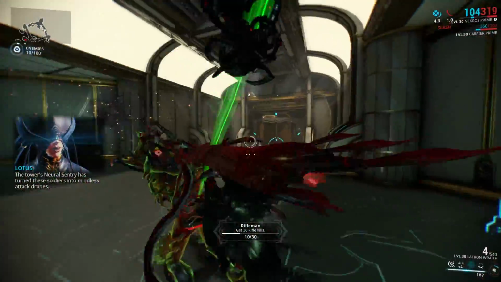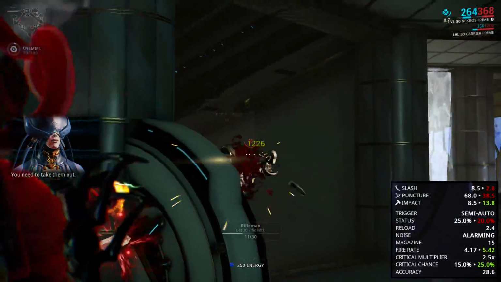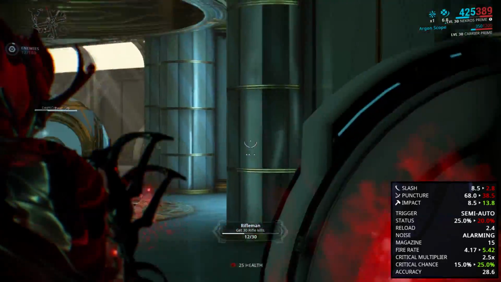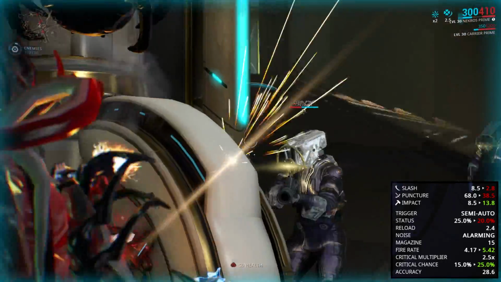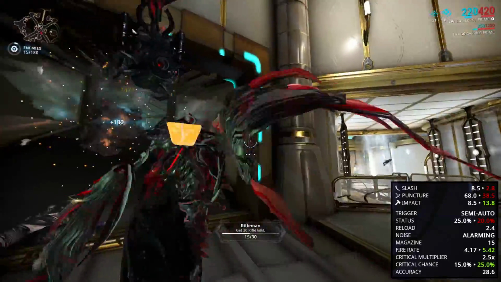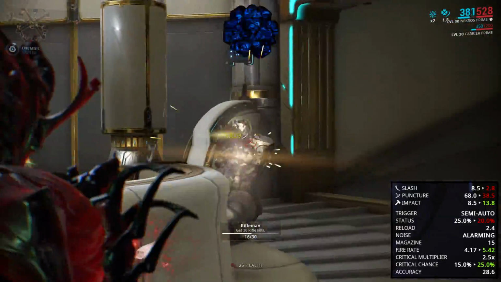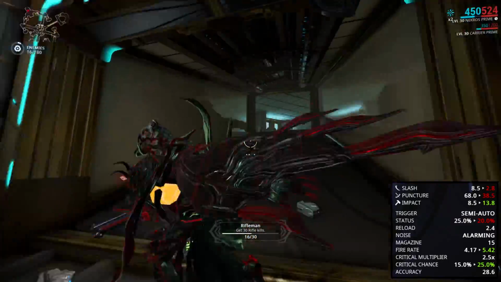Now, it is also an upgrade over Latron Prime, even though the base damage is much lower. Latron Wraith does 55 damage per shot, and Latron Prime does 85 damage per shot. That's 30 more damage. The damage distribution is also a lot different. It has lower puncture damage of 38.5 versus Latron Prime's 68. This is a big difference. It has higher impact damage of 13.75 versus Latron Prime's 8.5,